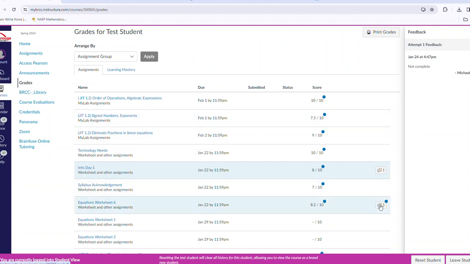And then over here, click on that one. Okay, now this is important. So when you got your worksheet, if you did not get a 10, I made the corrections. I even put with it the key. So here's the feedback. So you need to click on this. So when you go to yours, if you did not get a 10, you should have one of these. So when you click on it,